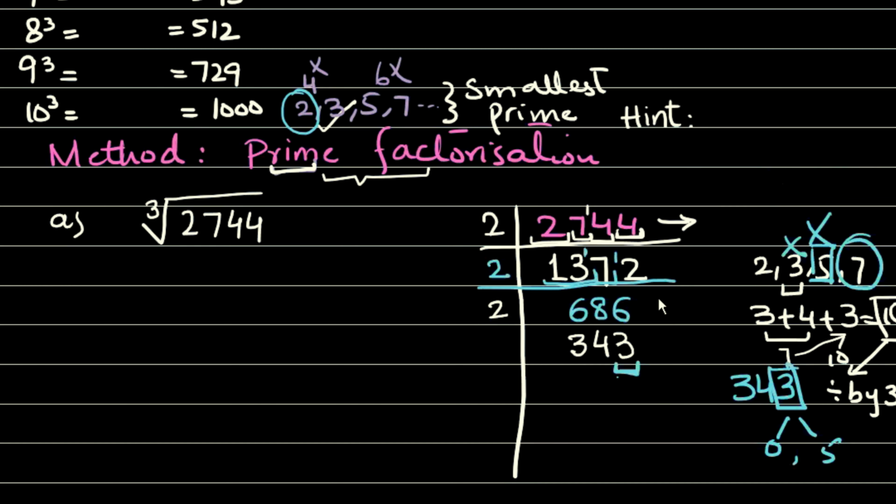Okay, double the last digit. I'm writing this number. The last digit is 3. Double it: 3 times 2. And now subtract it from whatever the first digits are. It can be a single digit or a double digit. So you have to subtract from 34. Okay, 34 minus 2 times 3, which is 6.